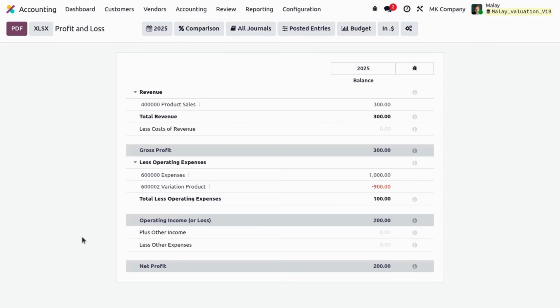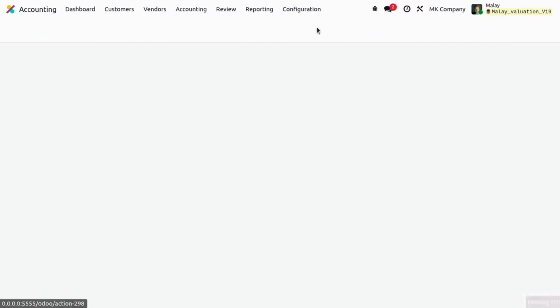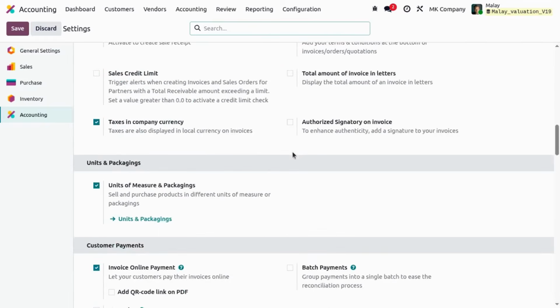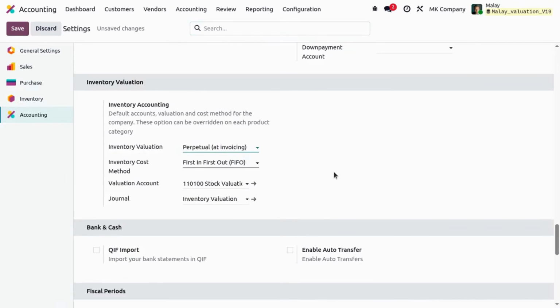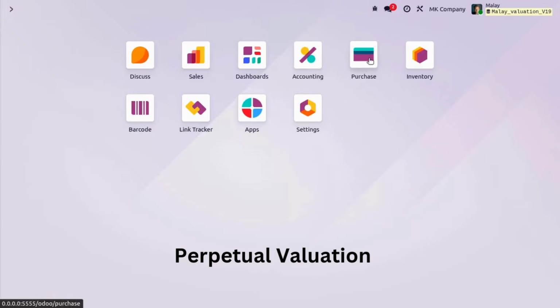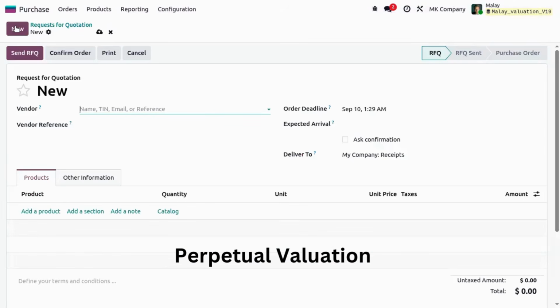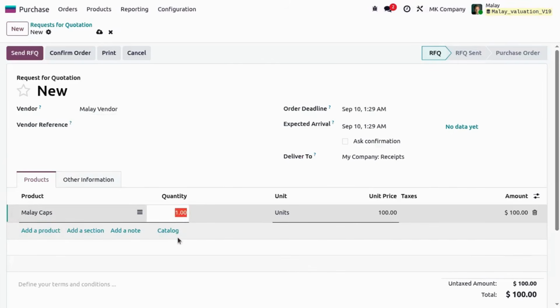So this is the process of a periodic. Now let's see how it is working in the Perpetual. So let's jump on accounting configuration settings, and now we are changing the valuation from periodic to Perpetual, and save. So now we follow the same scenario. We purchase from our vendor, we are purchasing caps for 10 quantity, 100 each,